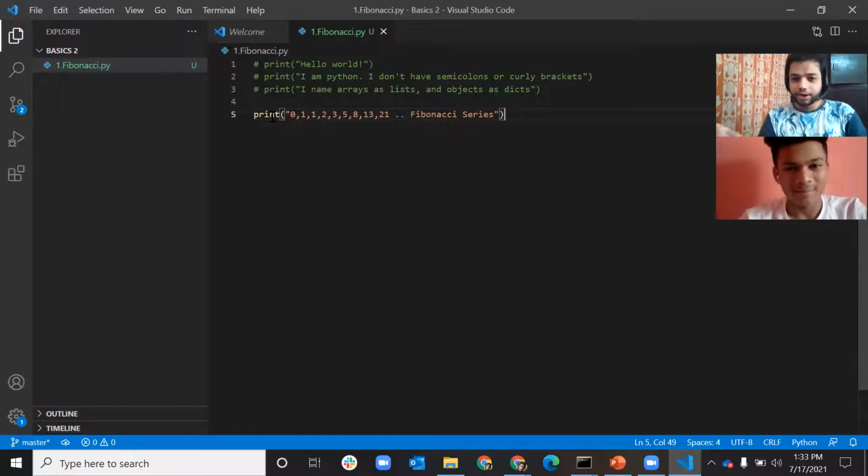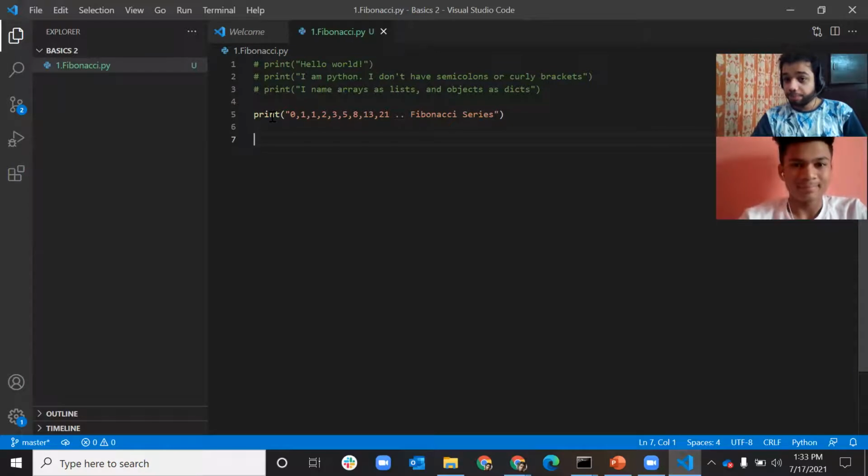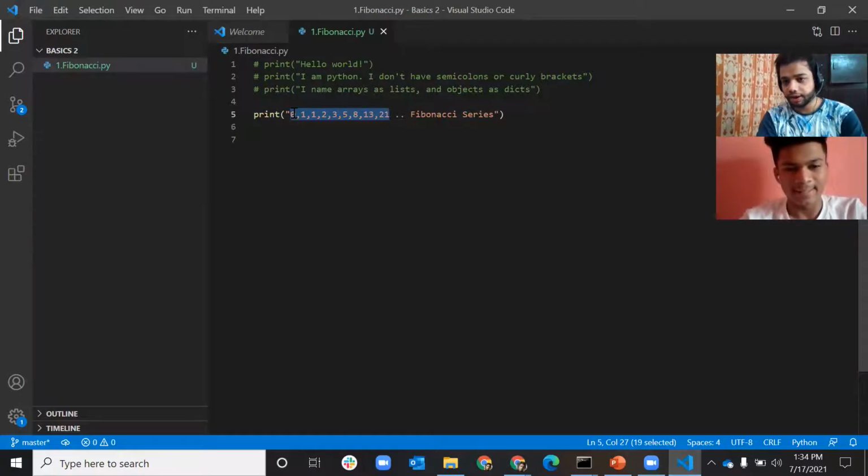So let's move ahead and do a little bit of tweaking around. Let's do something daring. We will print a Fibonacci series up to the number that we want. Let's say I want the first 20 numbers of the Fibonacci series. How many numbers are there here? 1, 2, 3, 4, 5, 6, 7, 8, 9. There are 9 numbers here. Let's say if I want to write 200 numbers in the Fibonacci series, can I write them manually?